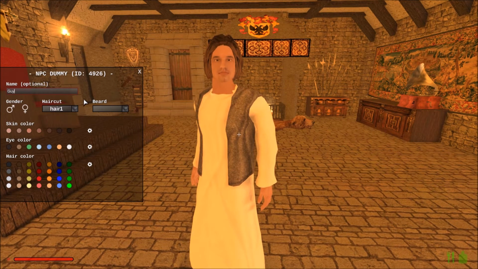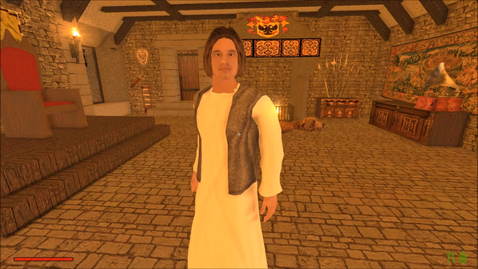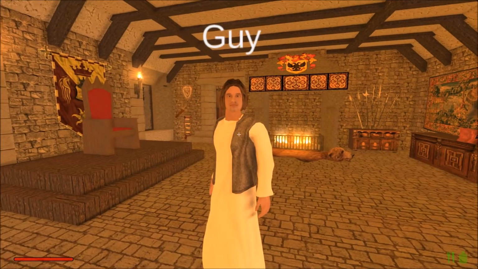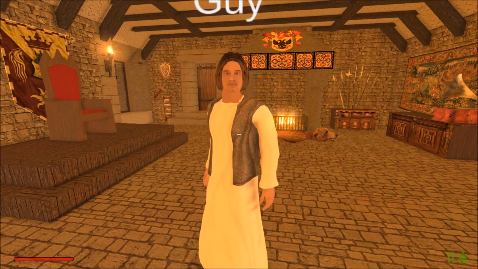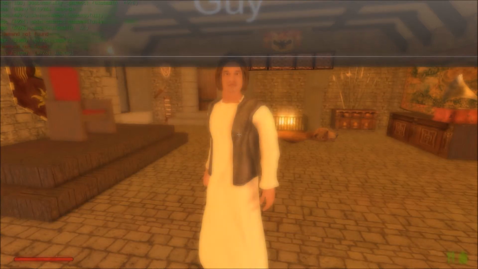And then I'm not sure if we can actually set his dress. It doesn't look as if we can actually change what he's wearing at the moment, which is a shame. Look at that, you see. We can see he's called Guy, which is fantastic. And I think I will allow him to walk around, actually, as well. We'll give him a little bit of freedom, so...